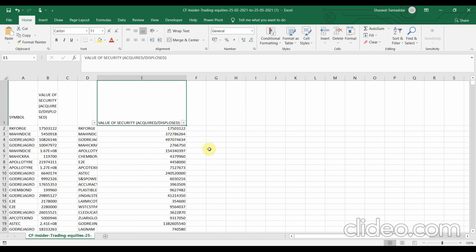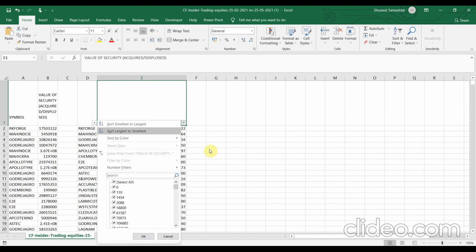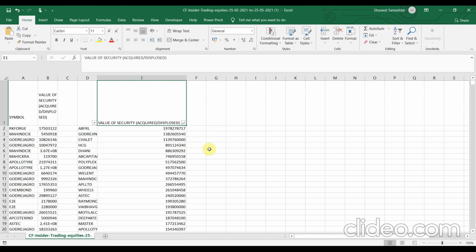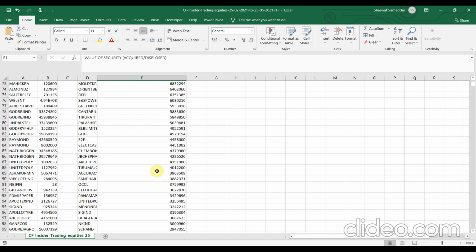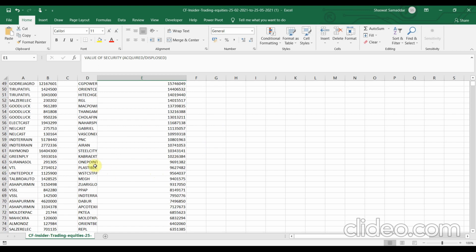According to you, you can change this figure to 80 lakhs or 90 lakhs. This could be your lower value, but my lower value is 1 crore and I will be sticking to the rules. So I'll sort it from largest to smallest so that I can delete all the data which have a value of security less than 1 crore.